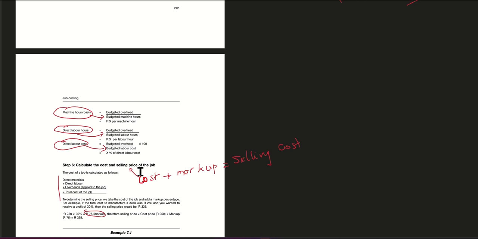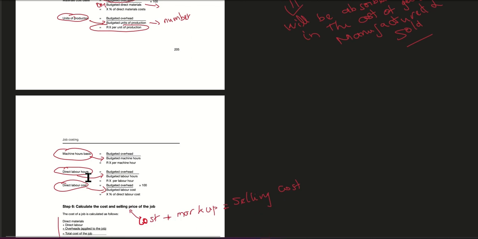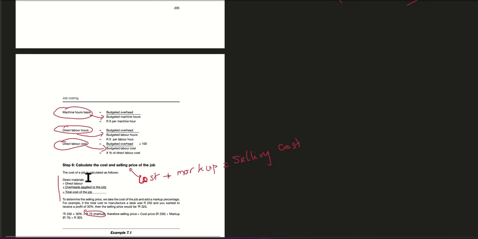Direct labor costs. When they're providing you a cost, not a unit like hours or units of production, you can understand that you're going to be looking for a rate, because they're providing a cost, right? You have a budgeted overhead, which is a cost, divided by another cost. What you then do is multiply that by 100, which gives you a percentage. And that will be a percentage used to apply the overheads,